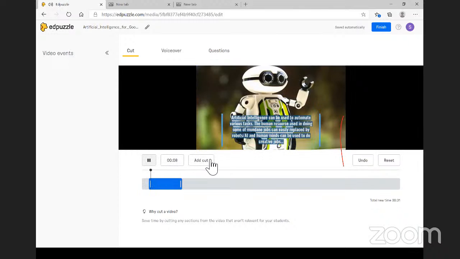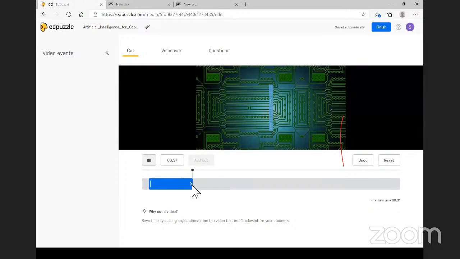Word problem. Artificial intelligence can be used to automate various tasks. The human resource thus used in doing some of the mundane jobs this